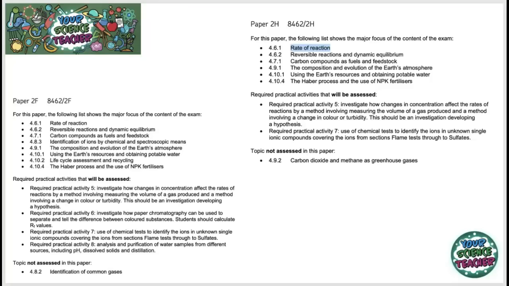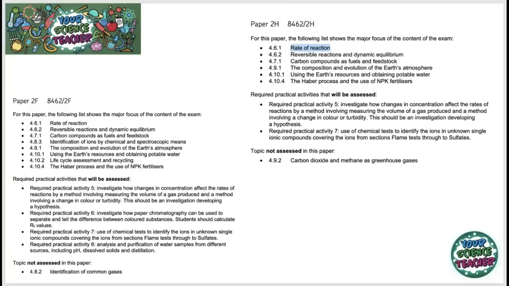Let's start off by looking at where I got my information from, and it's from all of the AQA advanced information. If you see, it has information on what required practicals will be assessed, it also says some of the things that will not be assessed in this paper. But I'm going to focus on the things that are going to be